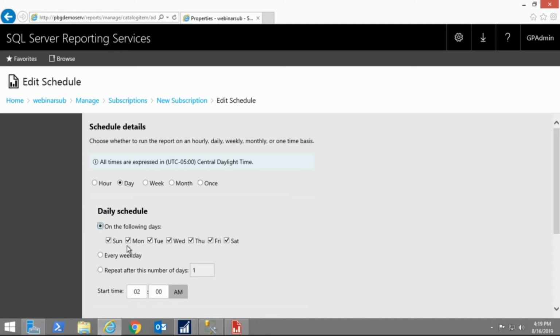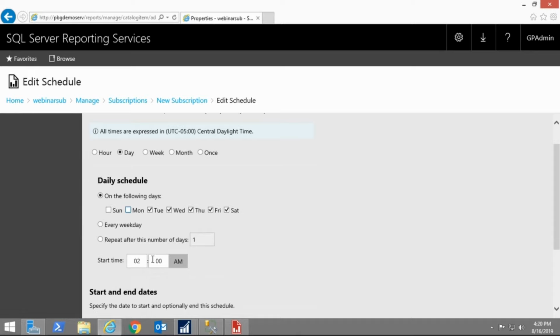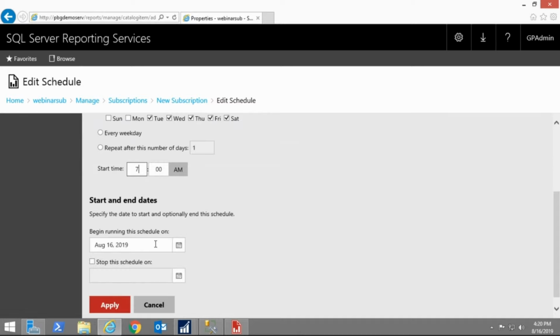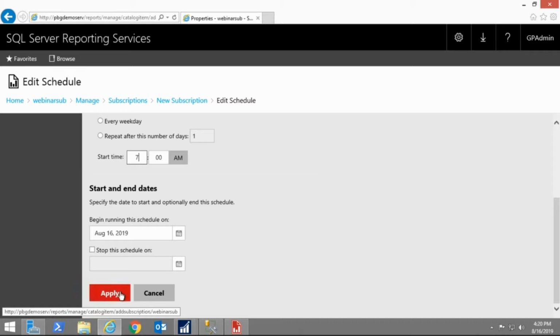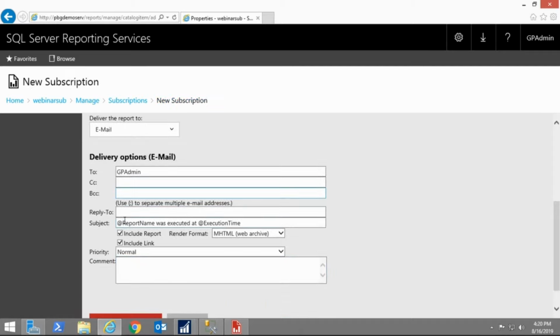So I'm going to say run this, as an example, Tuesday to Saturday, because I want this emailed out 7 a.m. every day to a list of users. We'll change our time to 7 a.m. I can specify a stop date and then hit apply. Now the next thing to do is provide a list of emails that this is getting sent to. So I could say Paul J at profit.ca, and if I wanted to add more users, I could separate this with a semicolon and add another one. So KLT at, you get the